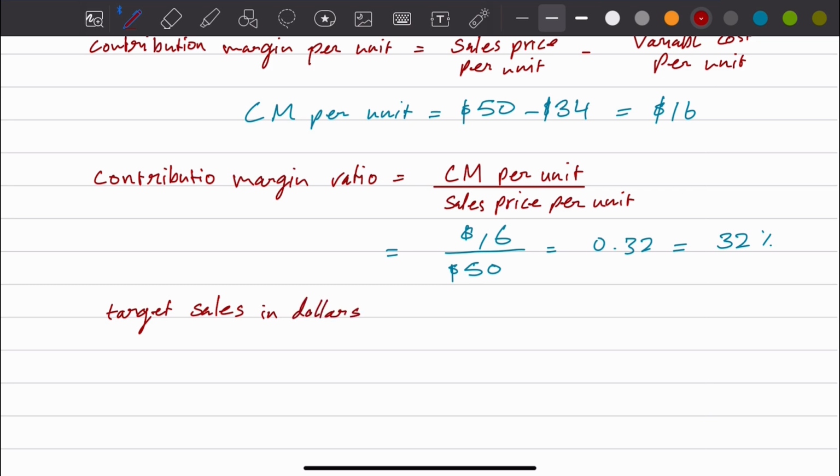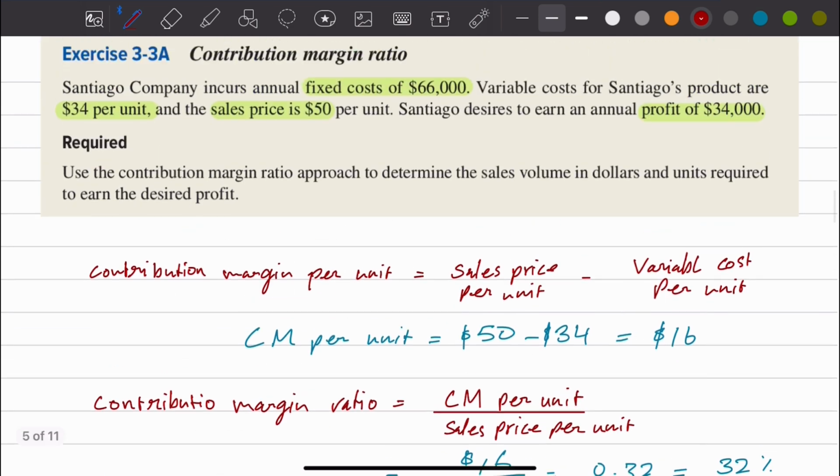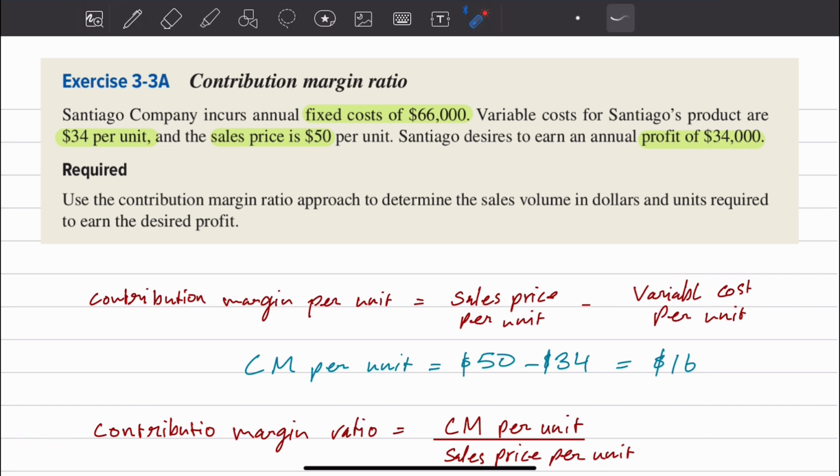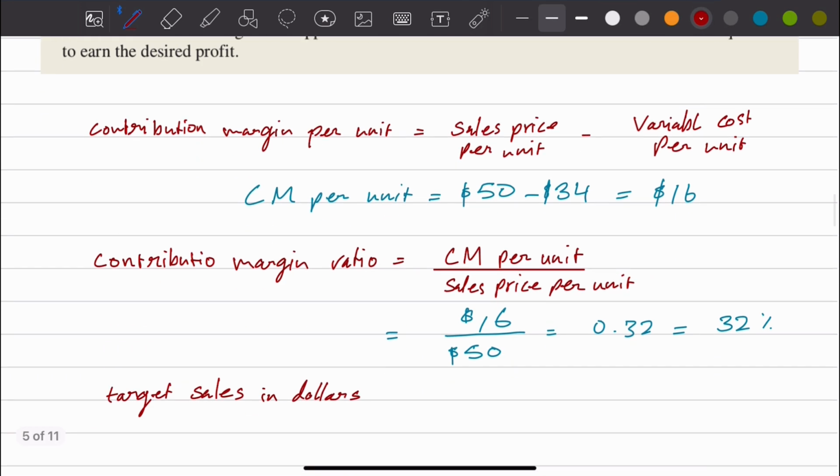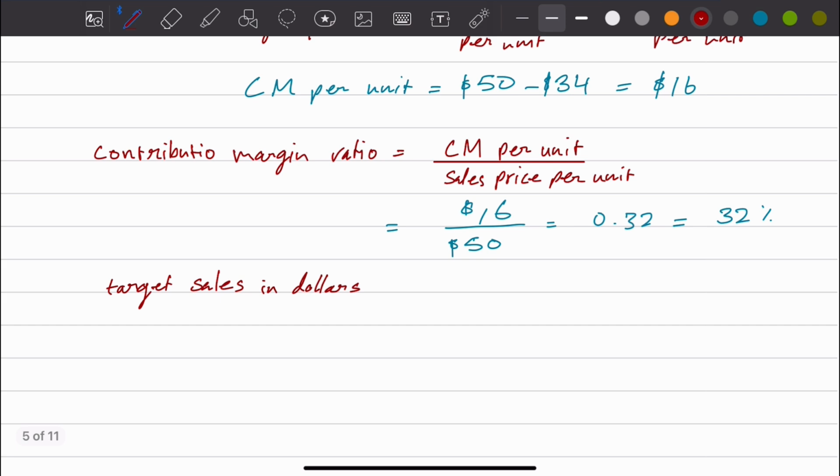What we mean by target sales in dollars here is that this is the sales that the company should target if they want to achieve the desired profit, which is the $34,000 in this case. Okay? How much is that going to be? It's going to be the fixed costs plus the desired profit or the target profit divided by the contribution margin